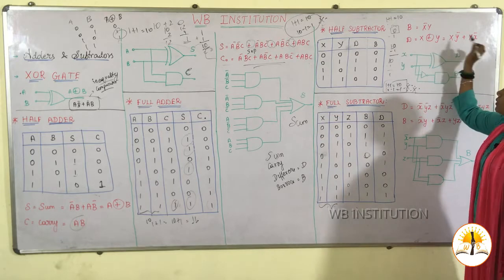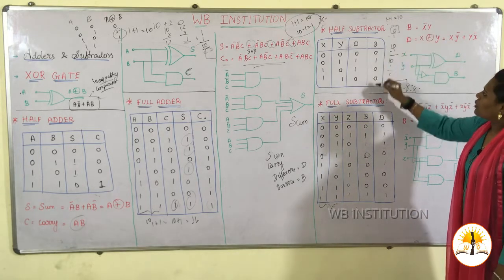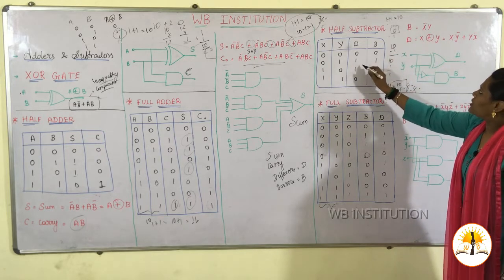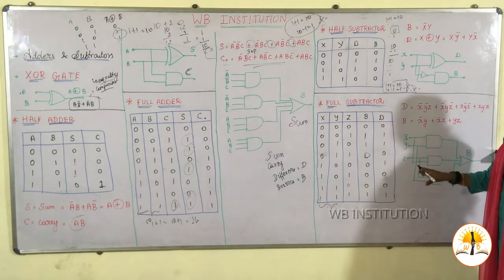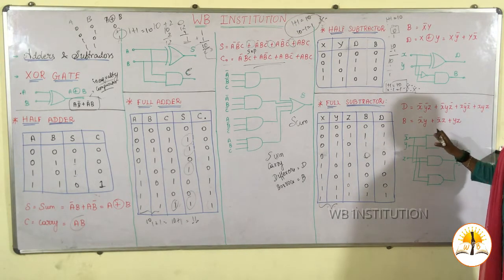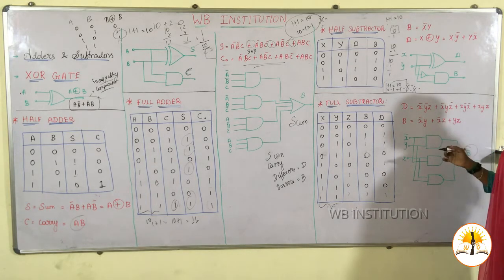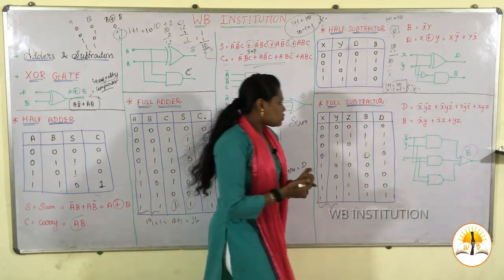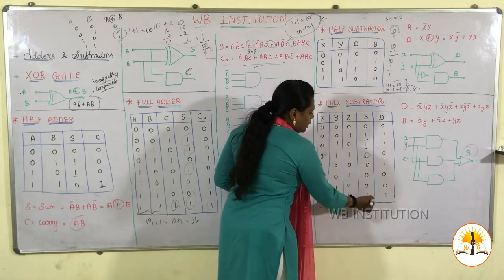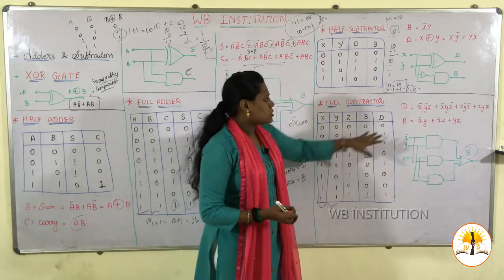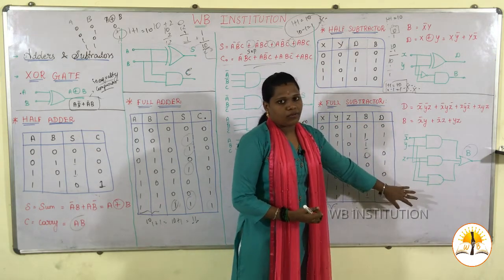So, this is for your half subtractor and this is for your full subtractor. For borrow it is x bar y, and for difference it is x exclusive OR y. This is the logical diagram for that, and for difference and borrow I have mentioned the Boolean expressions and the logical diagram. Here I have mentioned only the borrow; the difference is the same as what we have done for borrow. Based on this truth table, check where the outputs are 1, and based on those, substitute the values. These are the basic logical diagrams for the half subtractor and full subtractor.